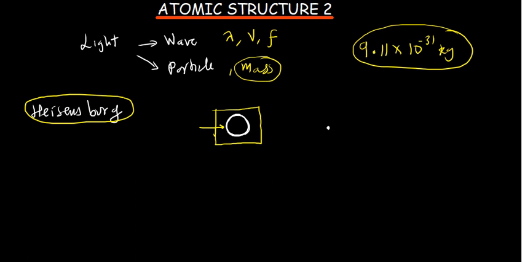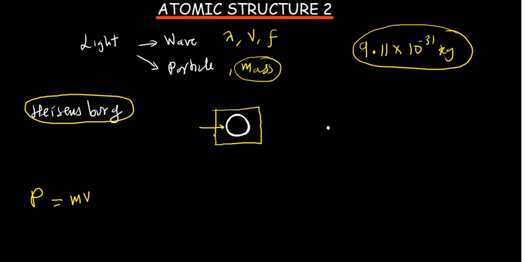Okay? Because of this, if I know the position of an object, it is very difficult for me to be able to know what its speed or its momentum is. Remember, momentum is just mass in motion. Momentum is mass times velocity. So for this one, I'll fail to know its momentum if I push it just a bit, because I know